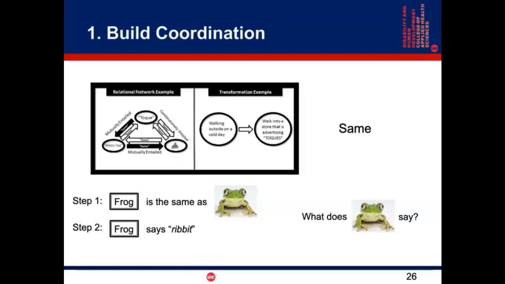But alternatively, we can also do something else. For example, I'm going to first provide an index card that has a sight word, frog, F-R-O-G, typed onto it. I will first teach the child that the word frog is the same as a picture of the frog, so recognizing the sight word. In the next step, I can teach the child, if I show you an index card that has the word frog on it and ask you, what does it say? The child needs to respond with ribbit. Once I've taught these 2 skills, I'm going to test to see if the child can work on their own and figure out, if I present them with a picture of the frog, whether they can answer the same question, what does it say, correctly.